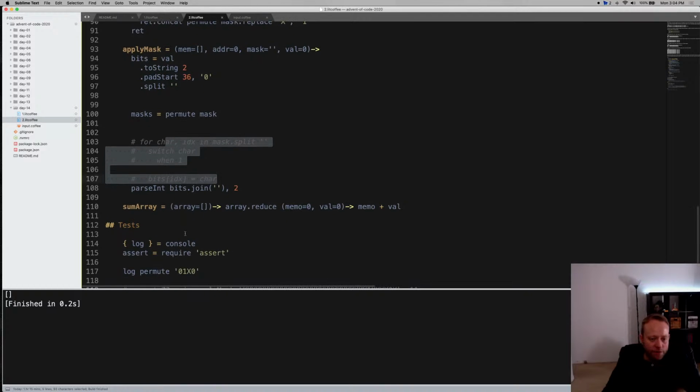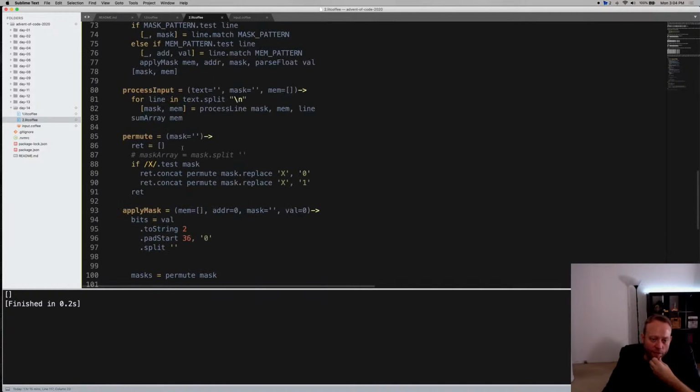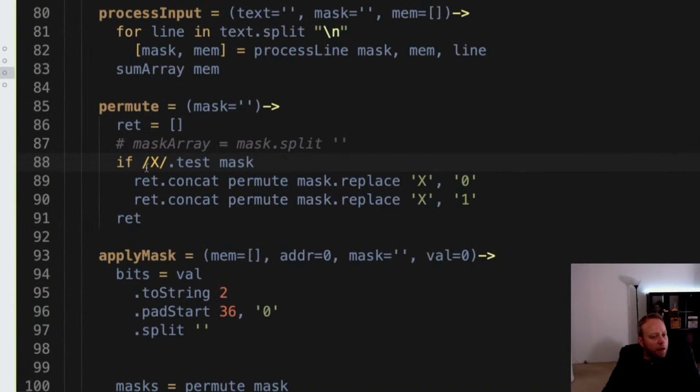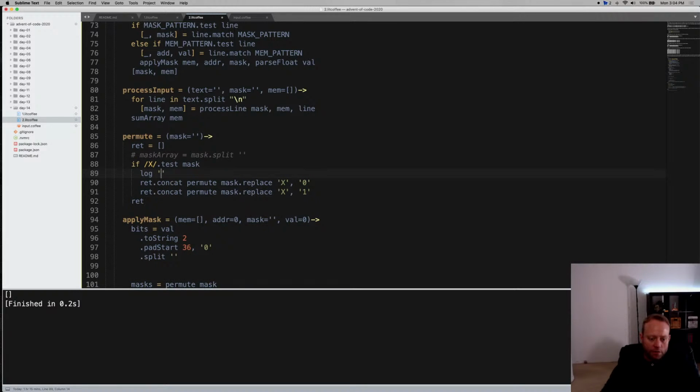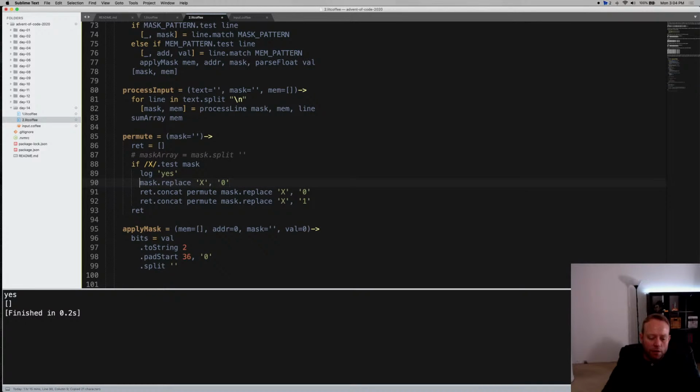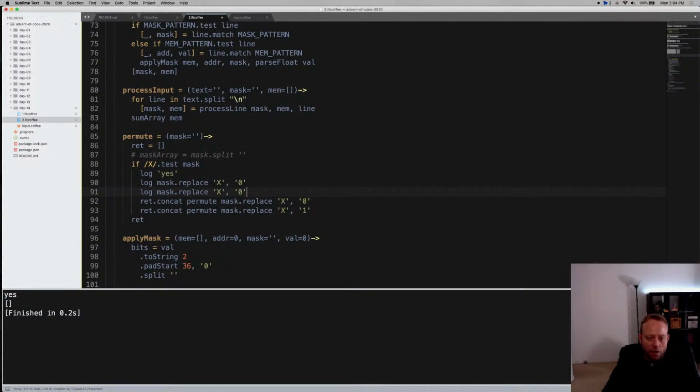So this is giving us an empty array. This is not what we want. So if x test mask, okay, we're going to log yes. So it logged yes once, and then let's log that. So that's exactly what we want it to be doing, but then